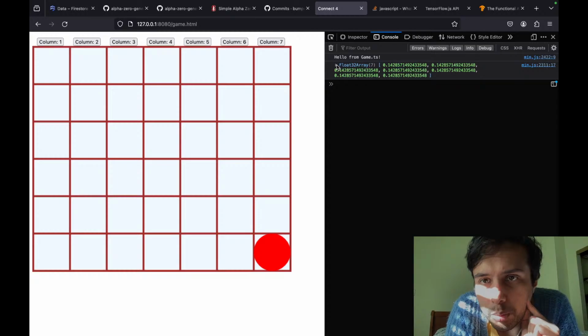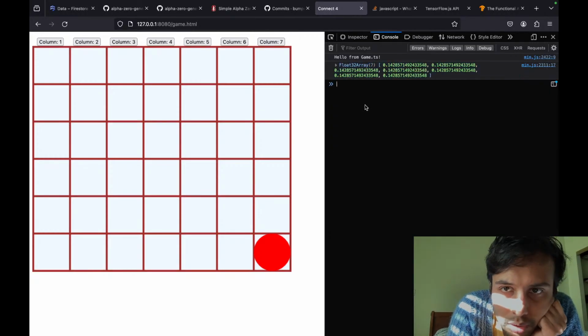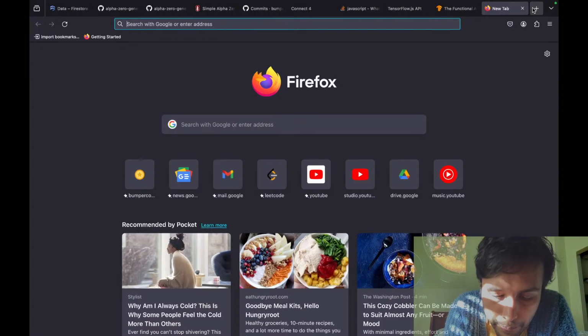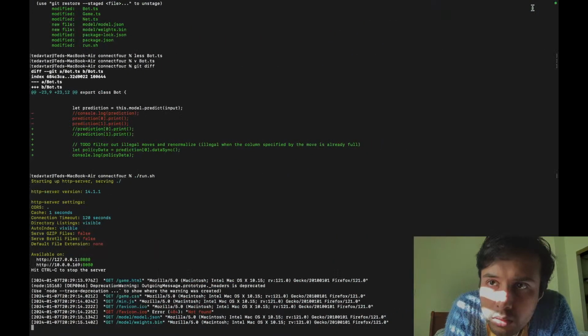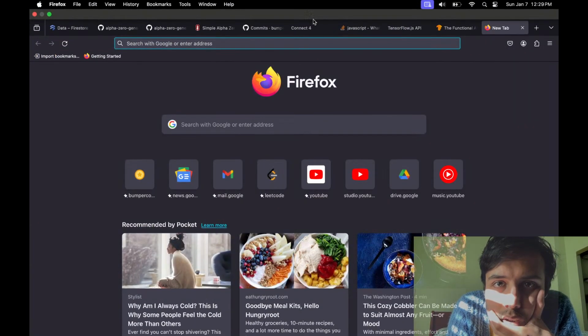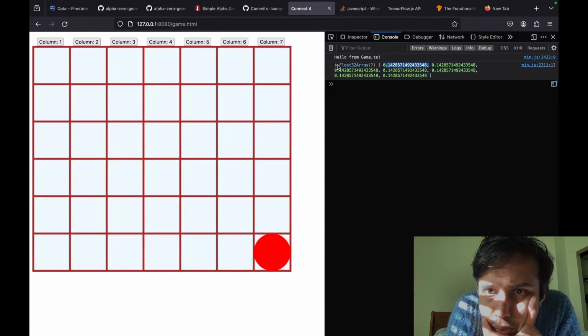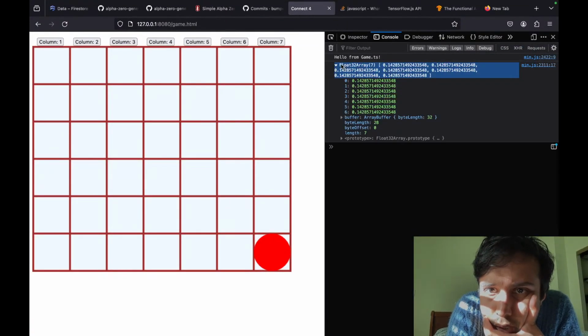Exactly, so this gives me an array, right? Now what I have to do is, let's pretend that the first column is all full. I have to remove that and then renormalize. And wait, sorry, what is this? Float32Array.